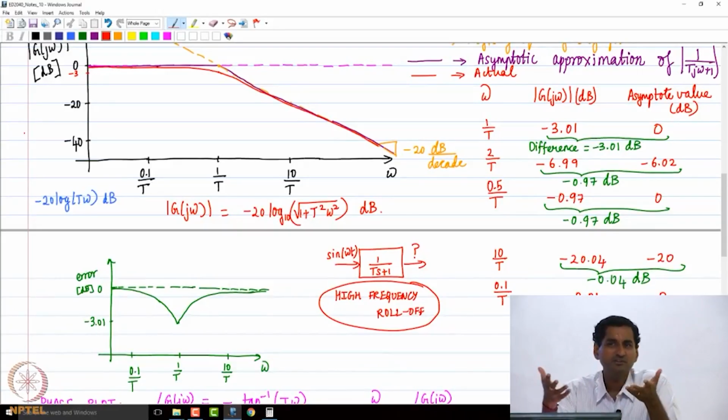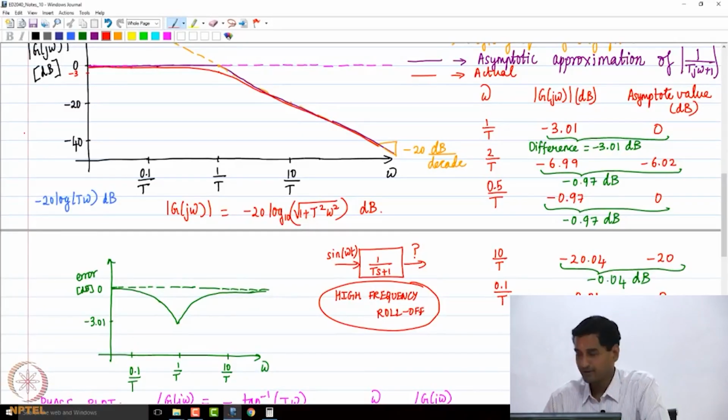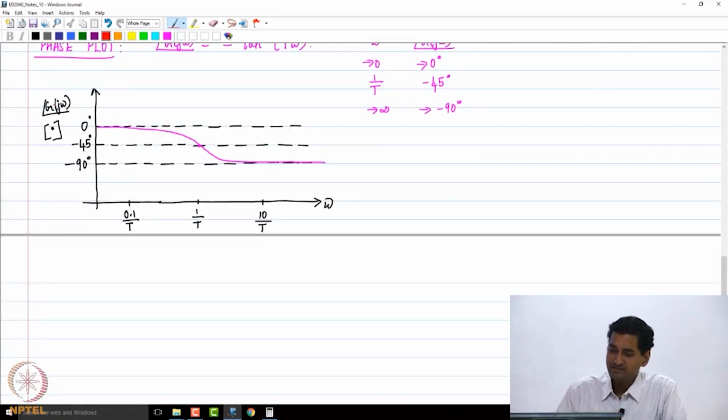I'm just talking from a practical perspective. All this mathematics is fine, but from an engineering perspective these concepts are commonly used. So please remember these ideas. Okay, fine. So that's the actual curve, and that's the phase plot. So now what's going to happen